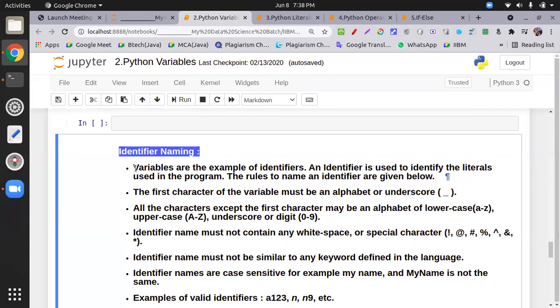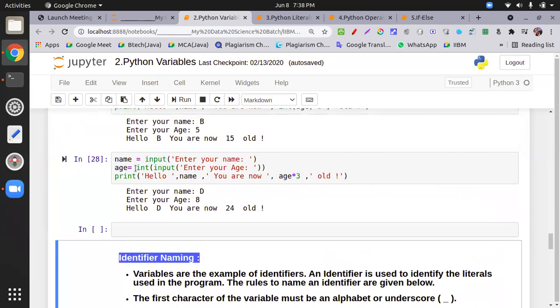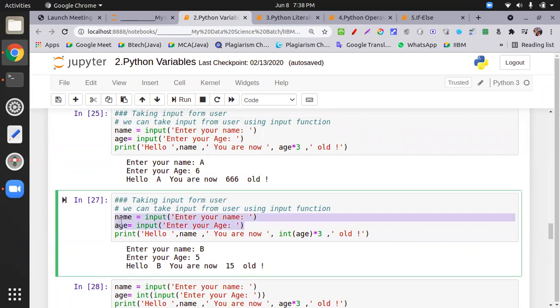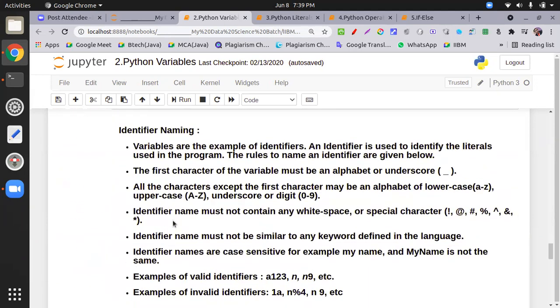We do not use x, y, z because x, y, z don't reflect any meaning. Just like you store a name, or you store an age, as we did yesterday, the name should reflect something valid about what is inside the variable. So, what are those rules which give a good nomenclature for the variable?